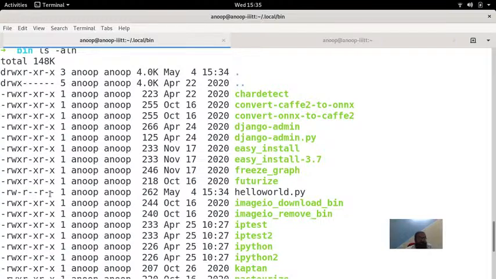So this x has to be set, and for that I am going to use chmod